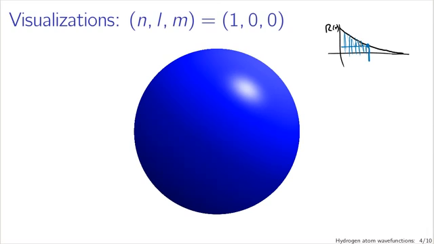So if this was boring, let's find out what happens if we look at N equals 2, L and M equal to 0. Well, that one's kind of boring as well. It's not quite as boring, though. It's just difficult to see in this. If we sliced this in half, there would actually be a region where the particle is unlikely to be found